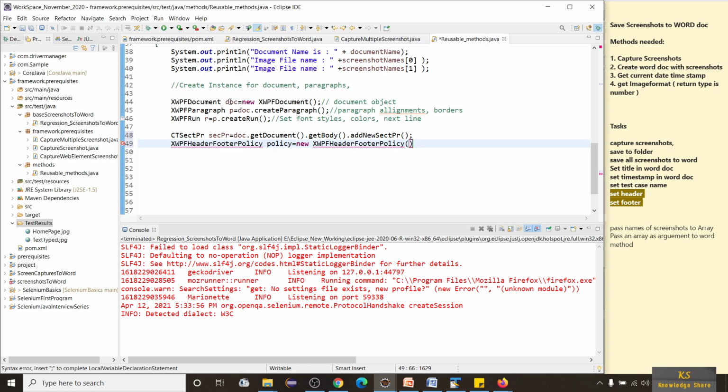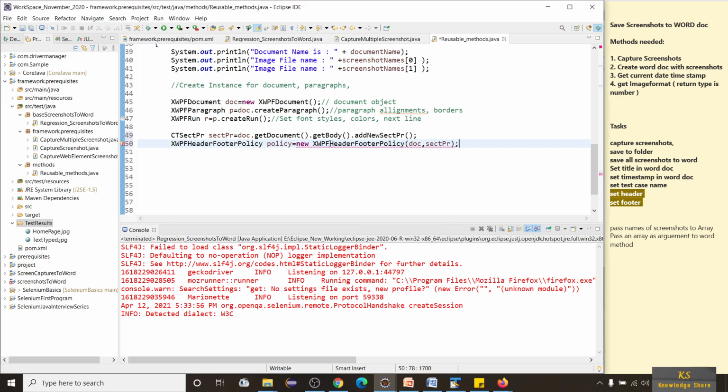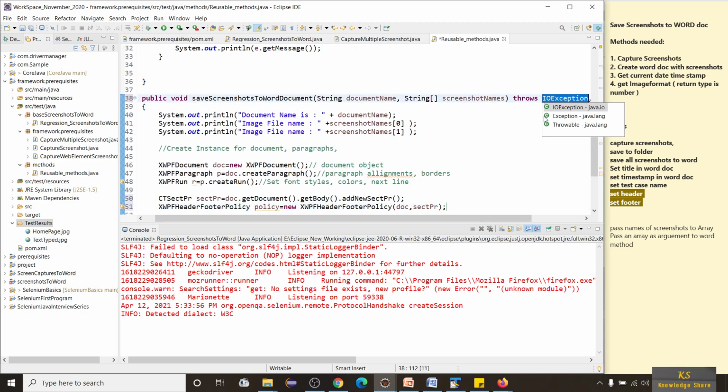I'm passing this document as a parameter. This needs to be passed, and also the sectPr, the section which we created. This is the one which we need to pass. One is the document, and to what you need to apply the header and footer, and to this section, right? So I am passing this. Import these classes, add throws declaration.